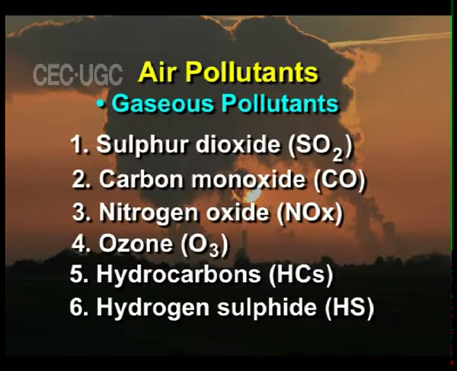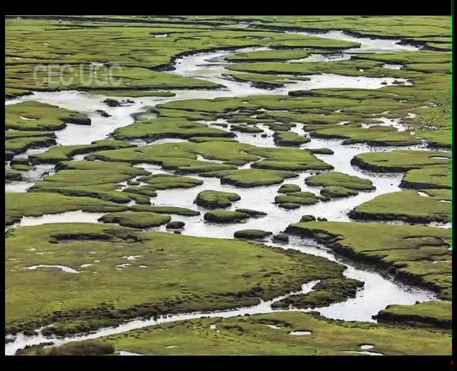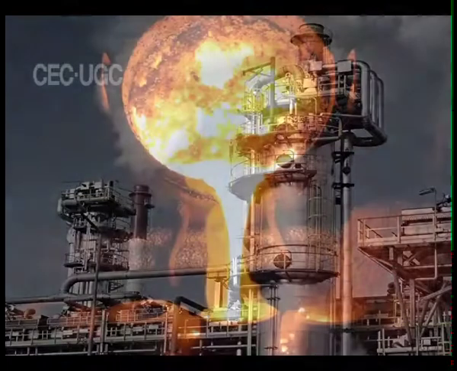We move on to hydrogen sulfide. Hydrogen sulfide is a highly toxic and corrosive gas, easily identified by its characteristic rotten egg odor. H2S, that is hydrogen sulfide, is produced from natural sources such as geysers, swamps and bogs, as well as from human sources such as petroleum processing and refining and metal smelting. The potential effects of H2S include direct toxicity leading to functional disorders in animals and plants.